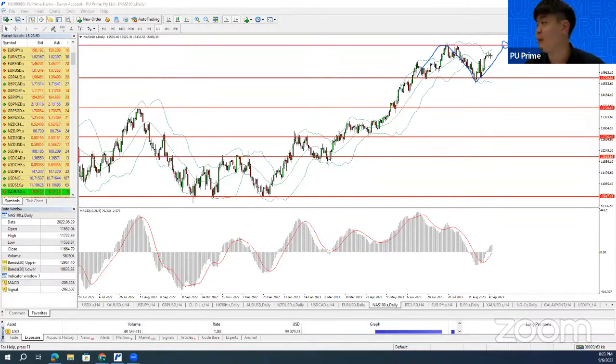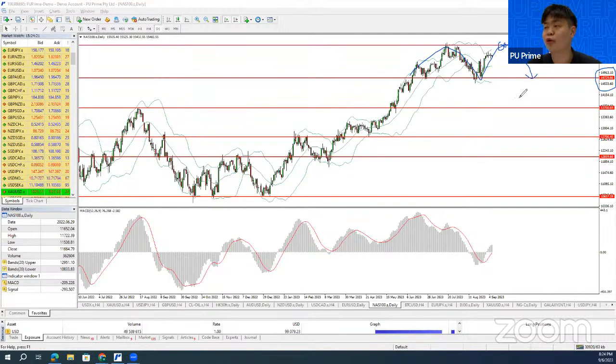My recommendation is maybe you can consider a TP level when it reaches here. But if it successfully breaks above, then there will be a chance for Nasdaq to continue, as it gains on a long-term basis. But on a short-term basis, if it fails to break out above, and if it forms some reversal candlestick here, then there will be a high chance that the Nasdaq might form a double top. Then it will start to retrace back and reach around